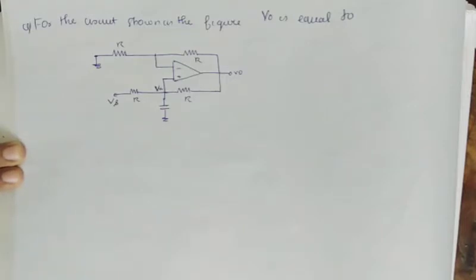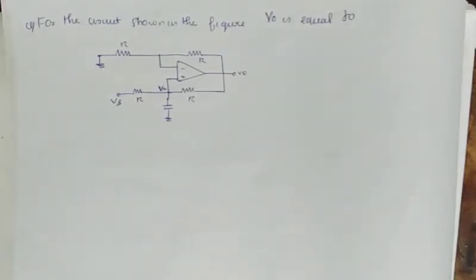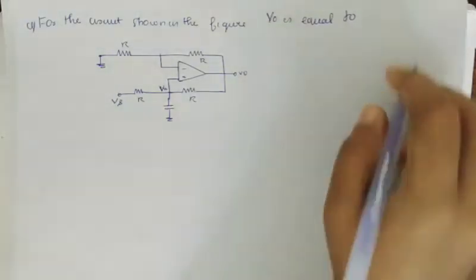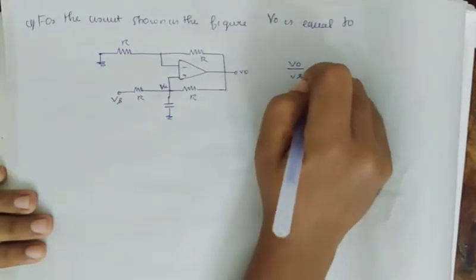So without further ado, I'll start with the first question. For the circuit shown in the figure, V0 is equal to? We have to find out V0 in this figure. So this is in the non-inverting configuration. For a non-inverting configuration, the output V0 divided by Vs equal to